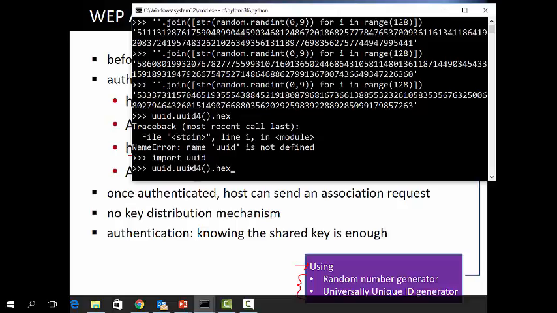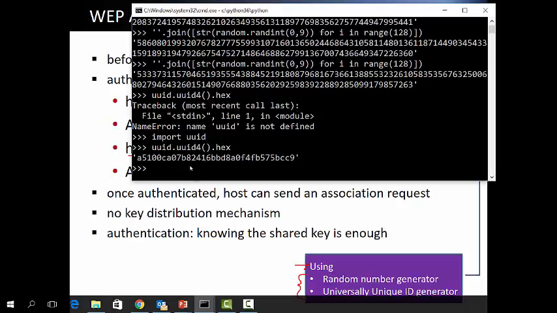UUID is a universally unique ID according to version 4, so the UUID function version 4. I want to convert it to hex code. What is the size of this?